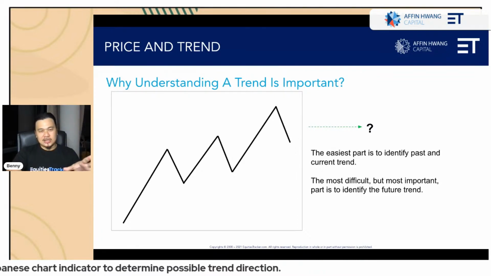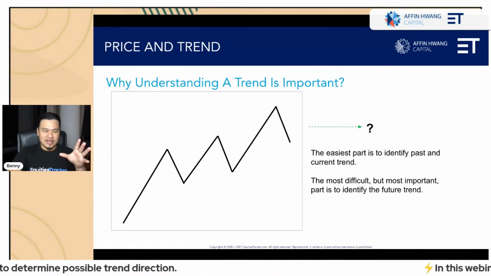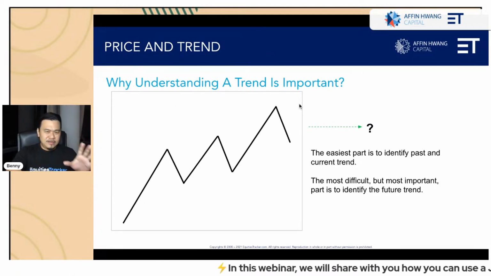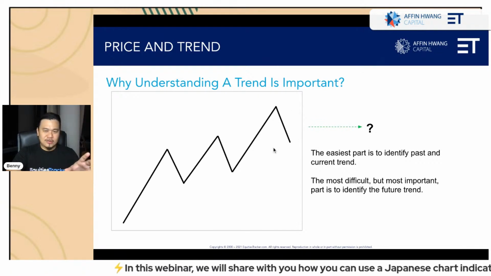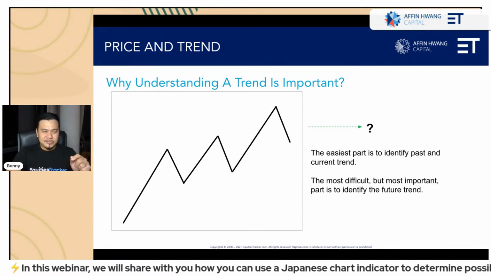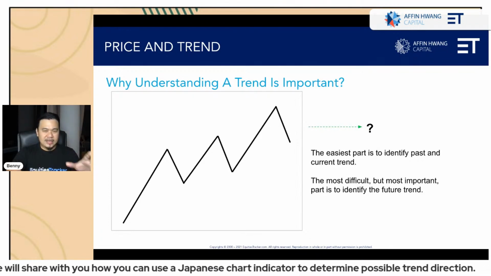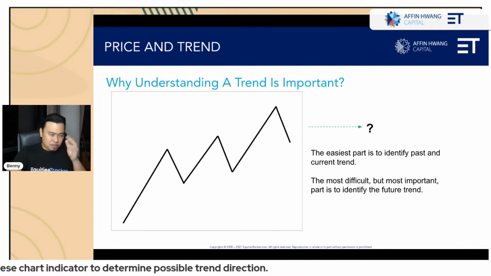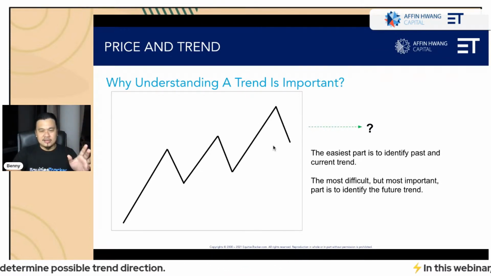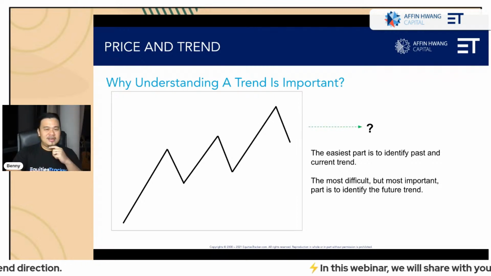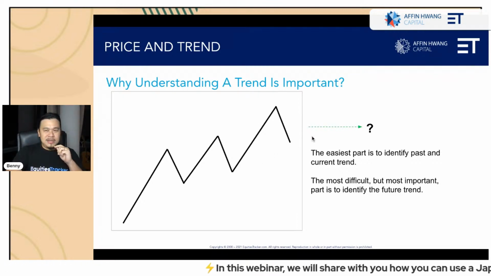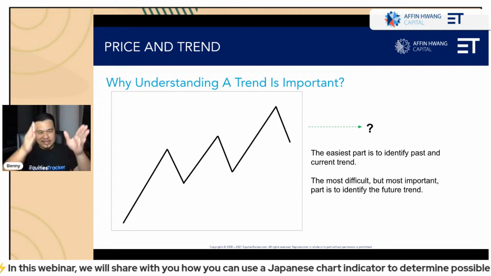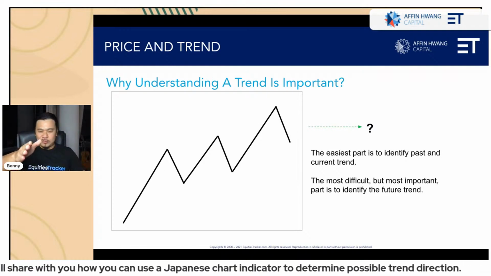The easiest part is actually to identify the trend. I mean, anybody can tell you whether it's going up or down, right? But the most difficult part, but the most important part, is trying to identify the future trend. Okay, and that's why indicators are being developed, trying to figure out, by looking at these indicators, what could possibly be the next trend, whether it's a downtrend or uptrend. All right. So this is the $1 million question, right? The one that's on the right hand side of the chart, okay, which we don't see. We only see until the end, which is the current date,